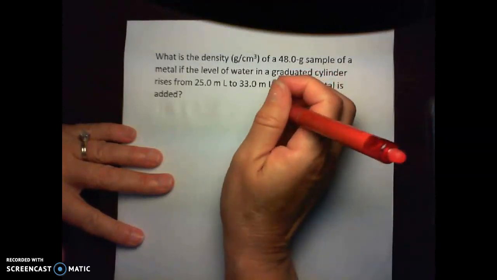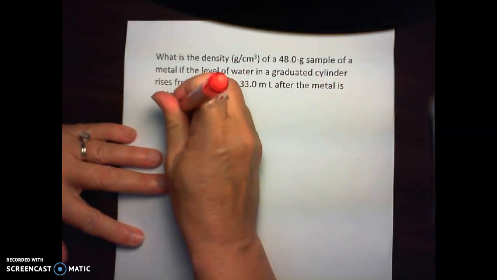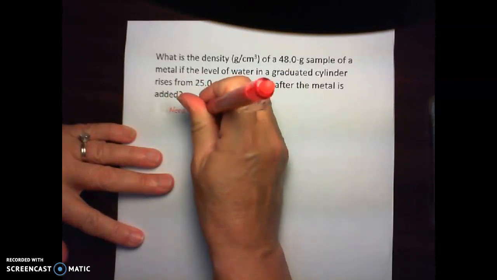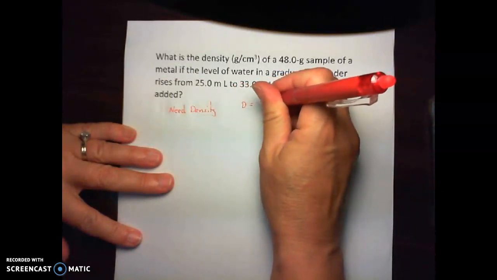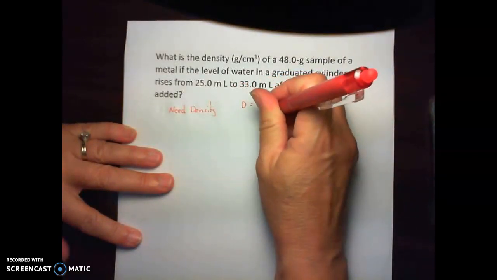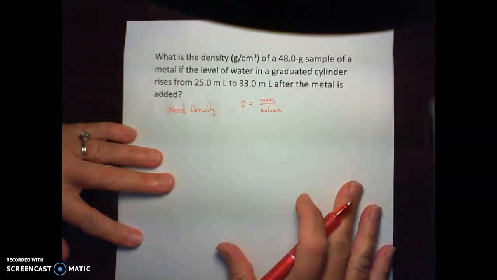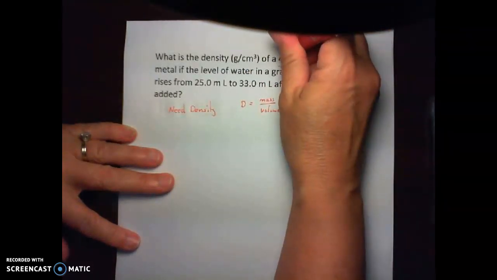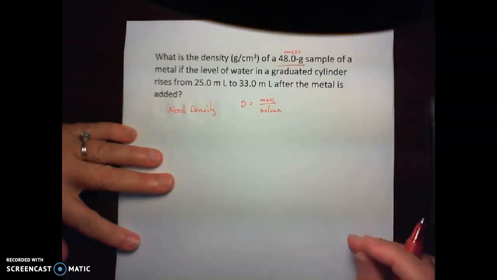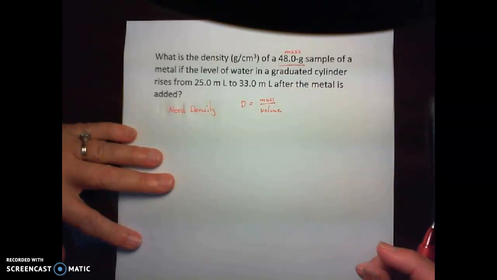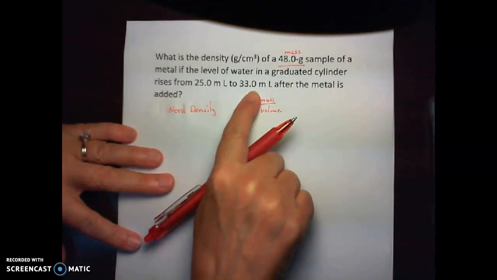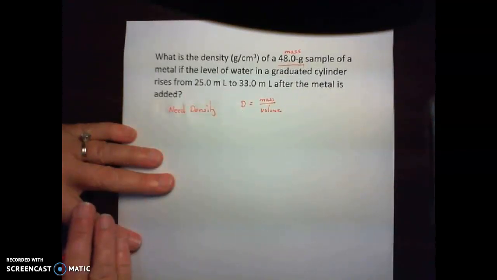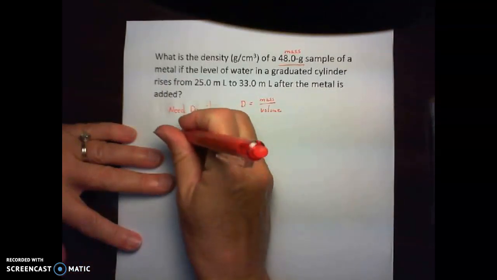We are looking for the density. And we know that density is equal to the mass over the volume. They've given us the mass of the sample here. So we have the mass, but we're going to need to calculate the volume because they've given us an initial and a final volume. They've given us two volumes, and the volume of the metal is going to be the difference in those two. So the volume